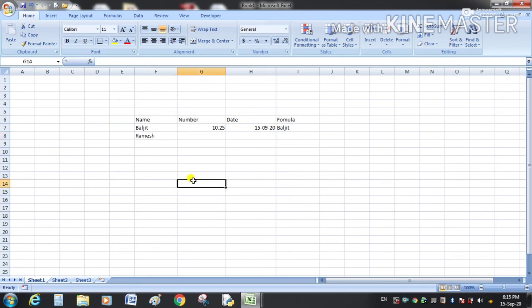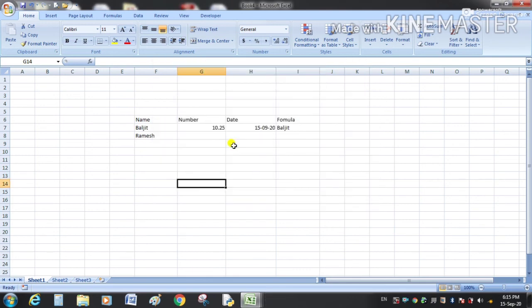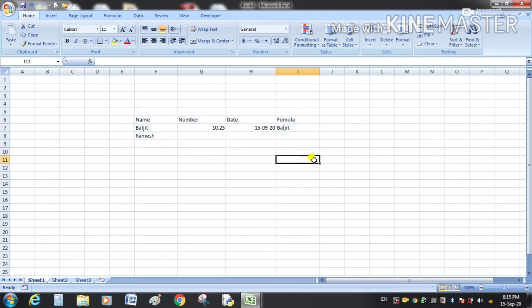Students, now you have learned how to create a new blank workbook, how to create a workbook from templates, how to close it, how to open it, how to select a range, how to enter data into the cells. All this practical will cover your session 2 and 3 from your book. Go through the notes and solve the assignment.